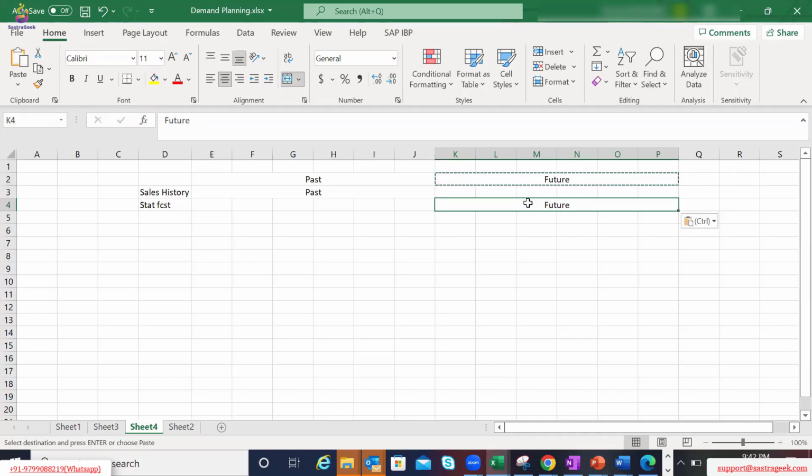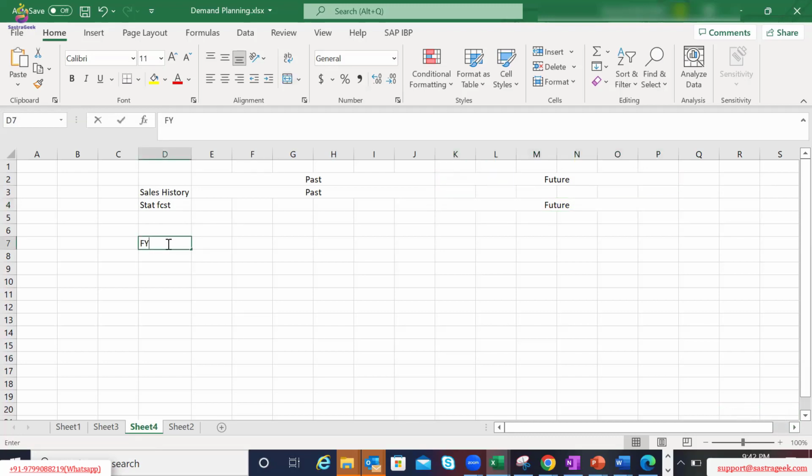Now, instead of reviewing the two different key figures, what I can also achieve is I can create a full year key figure for stat forecast. In this full year key figure, it can be a calculated key figure, okay, where you mention a formula